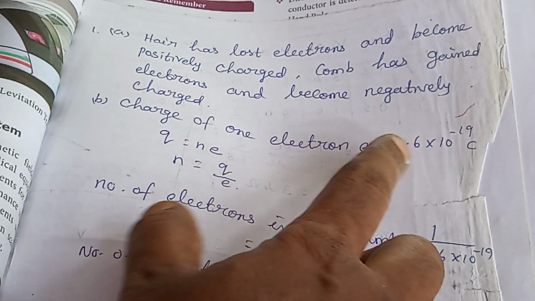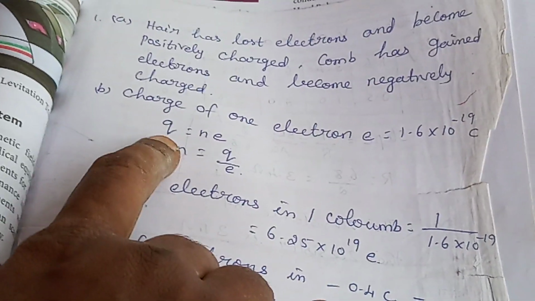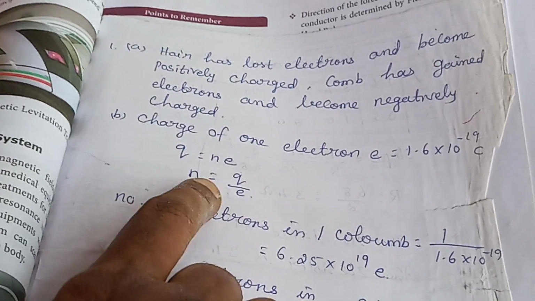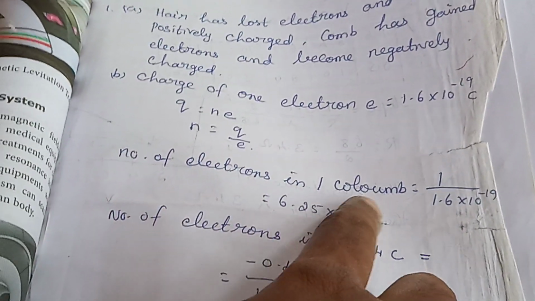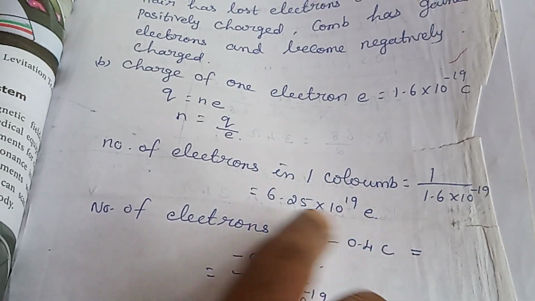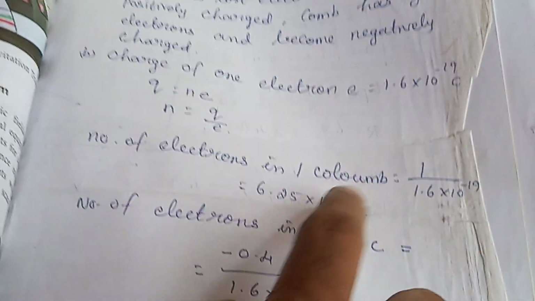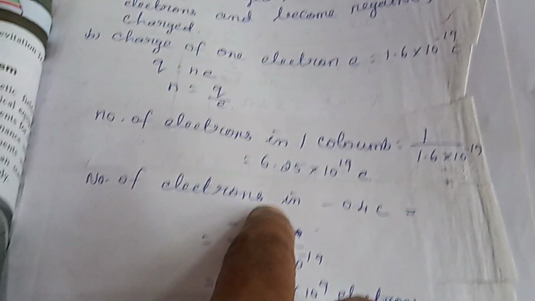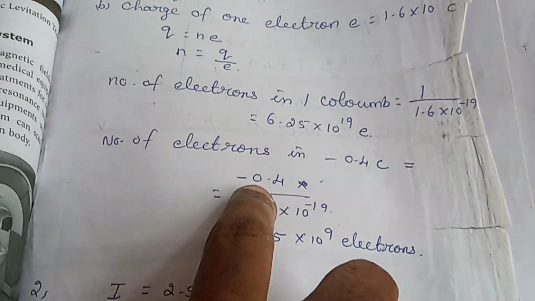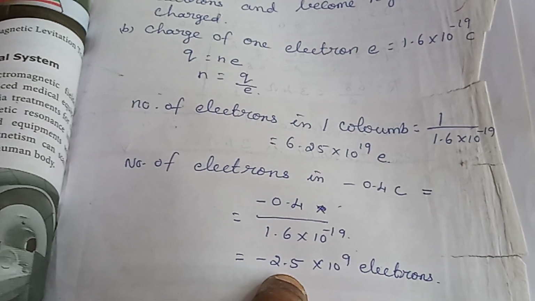B part, the charge of 1 electron, you have already learned this value, 1.6 into 10 power minus 19 coulomb. You know the formula for charge, Q equal to N e. From here, only the number of electrons you have to find out. So N equal to Q divided by e. The number of electrons in 1 coulomb equal to 1 divided by 1.6 into 10 power minus 19. So divide and you will get 6.25 into 10 power 19 electrons. The numerator goes, so it becomes plus. The charge is given as 0.4 coulomb. Then just divide and you will get the answer 2.5 into 10